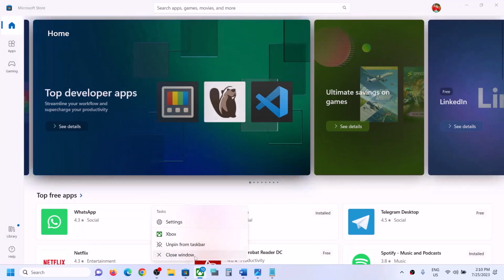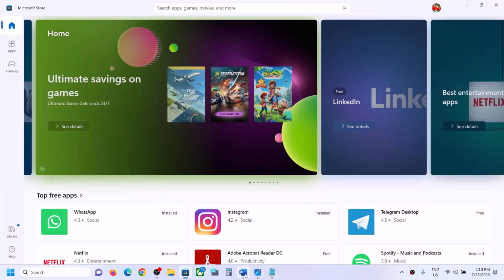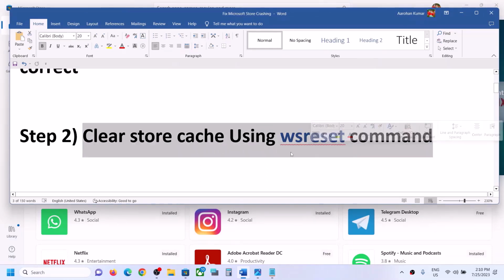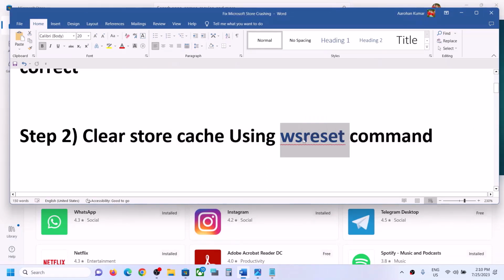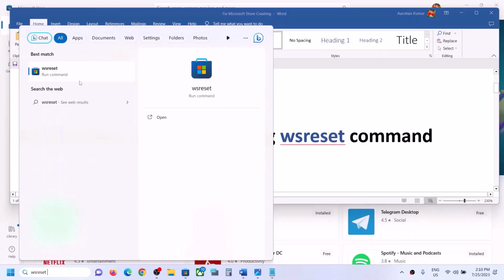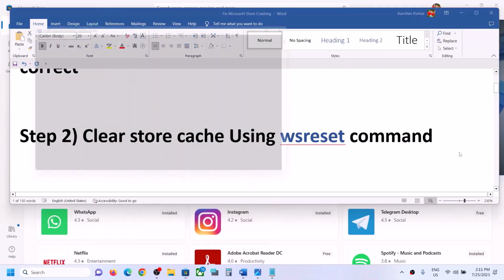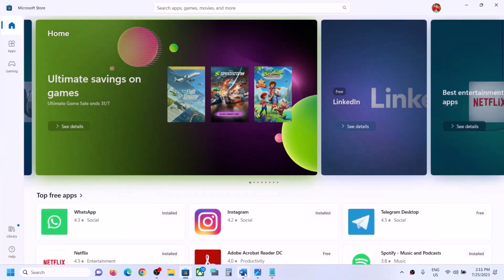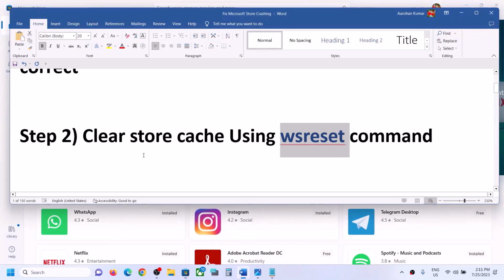Now if you are still unable to open Microsoft Store, in that case the next step is to clear the Store cache using the wsreset command. So type in wsreset in the Windows search box and then click on the wsreset run command. Now you will see a black screen for a few seconds, and then it will open Microsoft Store once again. Now if you're still facing the problem,